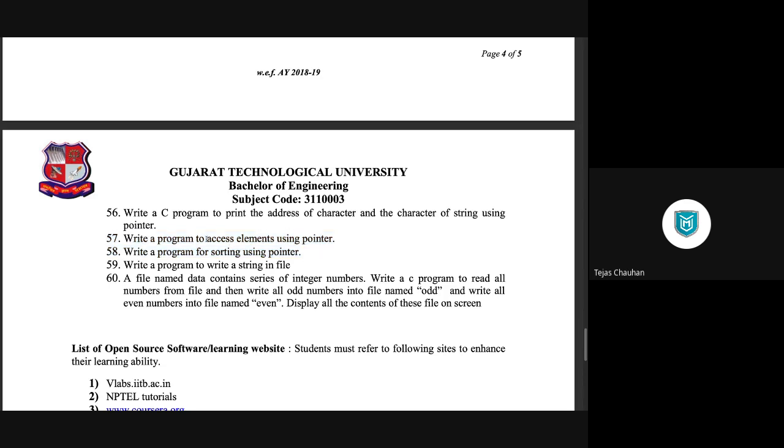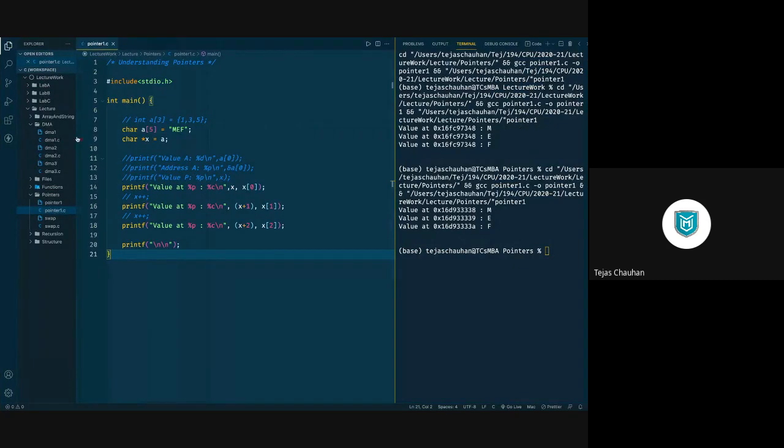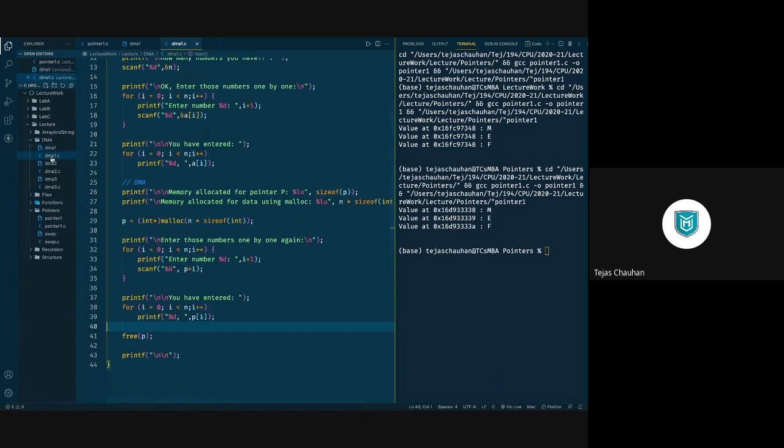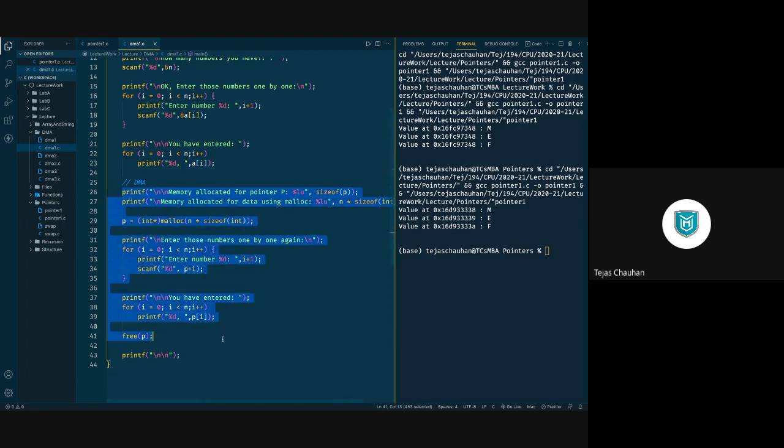How do we access any element using pointer? If we move on to the dynamic memory allocation first program, this much part is the same thing.